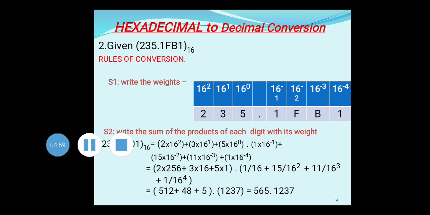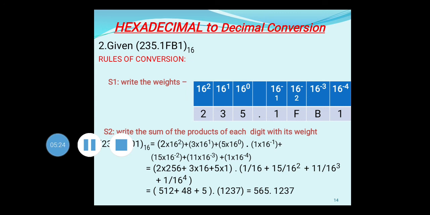First the integer part: 2 into 16 squared, plus 3 into 16 raised to 1, plus 5 into 16 raised to 0. The point stays as it is. Then the fractional part: you multiply 1 into 16 raised to minus 1,